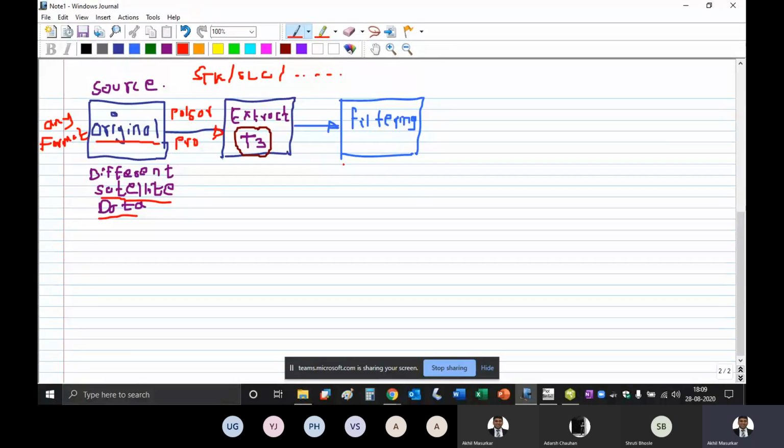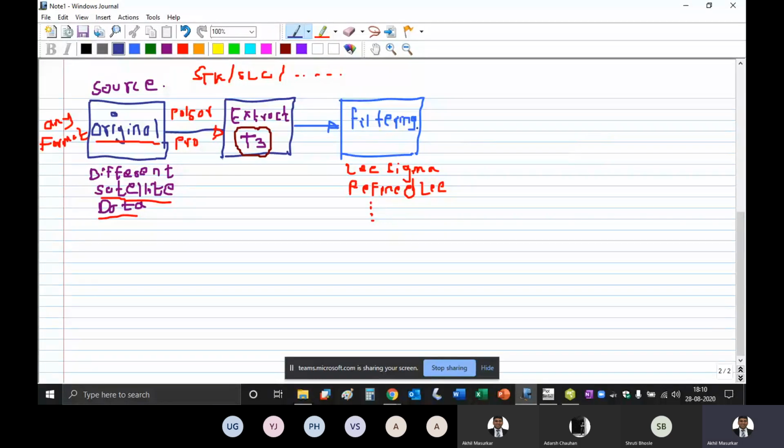We have used Lee Sigma, that is our very famous filtering. Then we have refined Lee, and there are many like this. In the drop down of PolSAR Pro, I think there are many such kinds of filters.